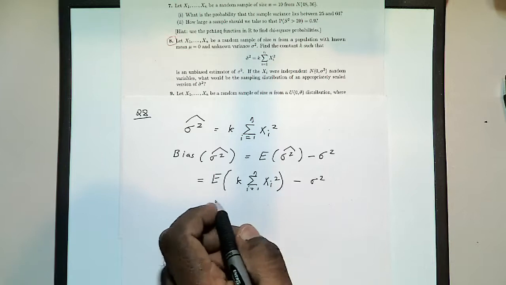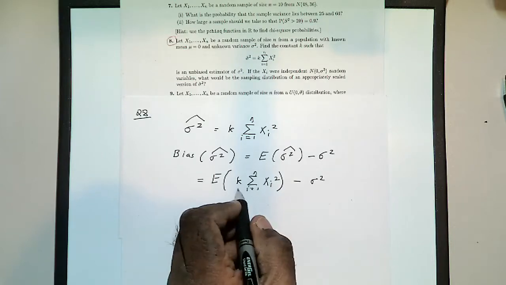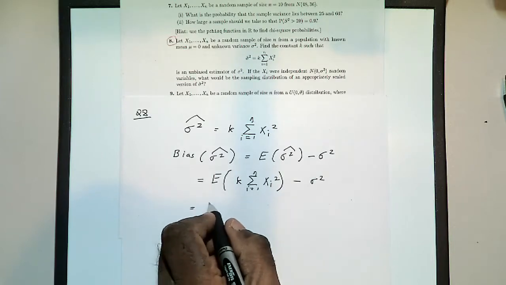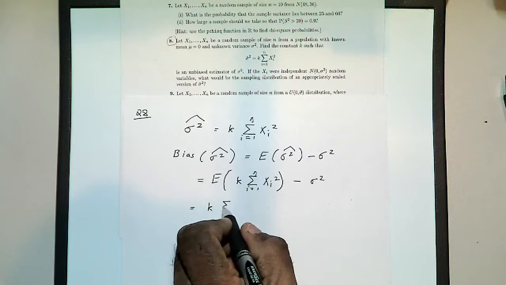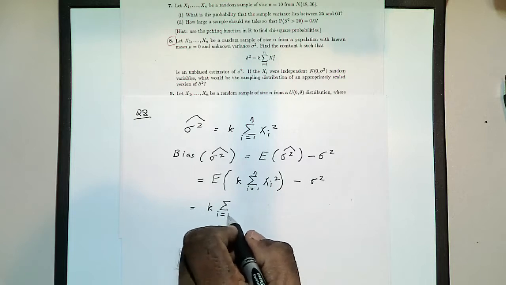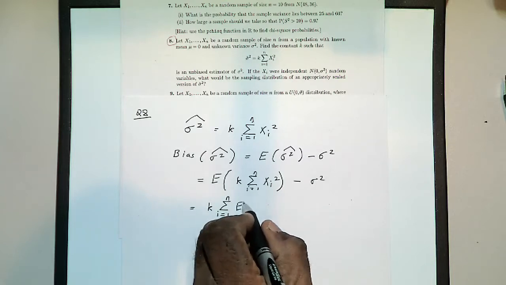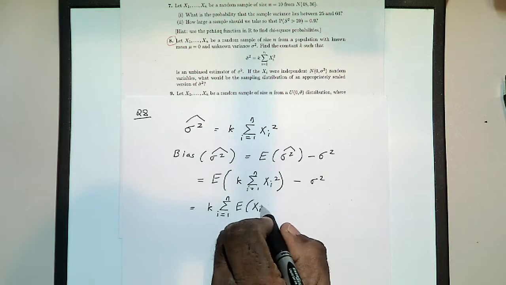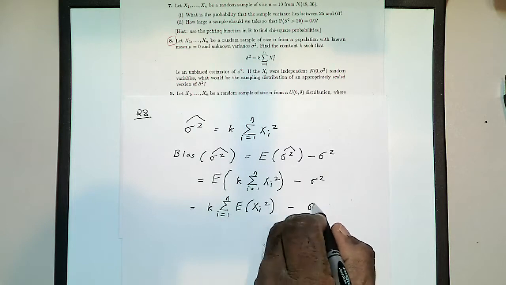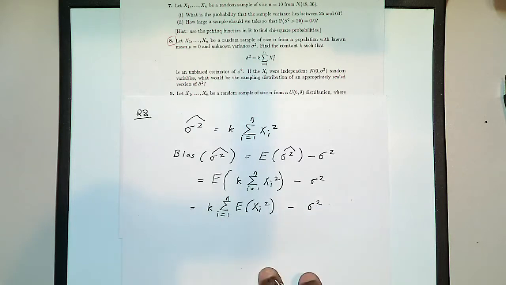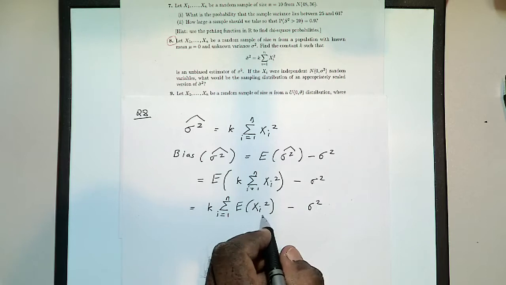Now you should take the expectation inside. Because k is a constant, you can pull it outside and take the expectation inside. Like this, okay? Now the expectation of xi squared,